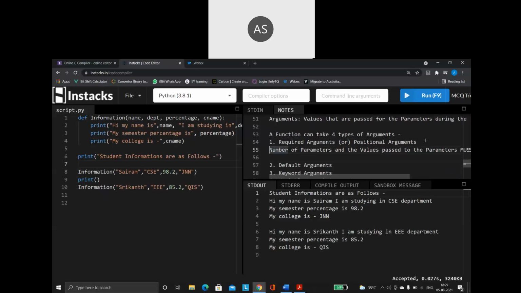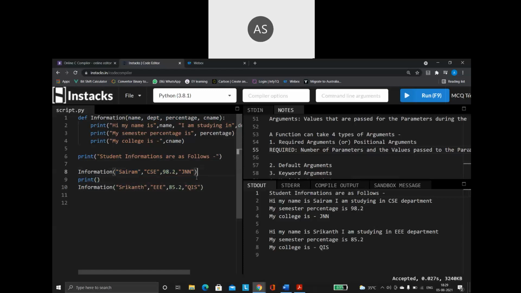This is why we call this required. The word required is used because the number of parameters and the values you are giving should exactly match. Here I have 4 parameters, so I have to compulsorily pass 4 values.